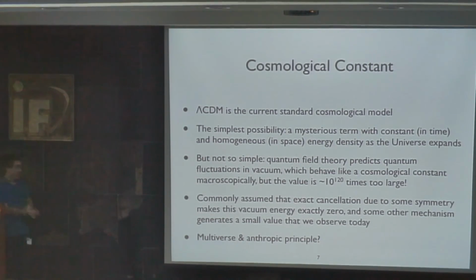And there are other possibilities, like we live in a multiverse, like there are different patches of the universe. We just live in one of these. So these different patches have different values of cosmological constant, and we happen to live in one patch that has this value. Because if we live in a patch with a cosmological constant value that is very large, then the universe would have expanded too fast, and galaxies wouldn't have formed, so people wouldn't exist, and this kind of stuff. But so far, there's no theoretical proof that the cosmological constant is the correct answer.